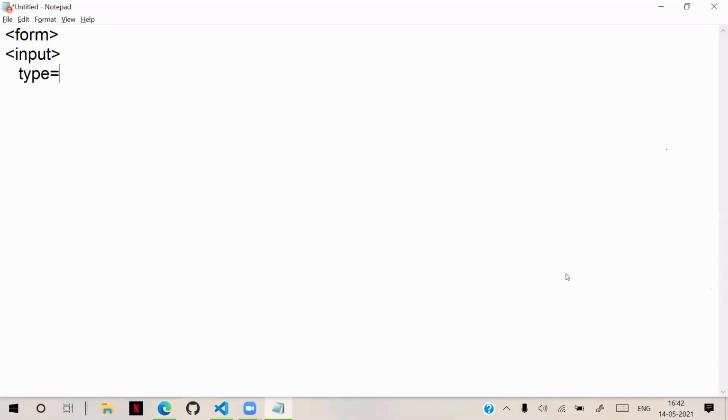Input type can be text, password, number, date, color, file. It can be email, URL. So these are the new important types. It can be range. These are all the important input types.